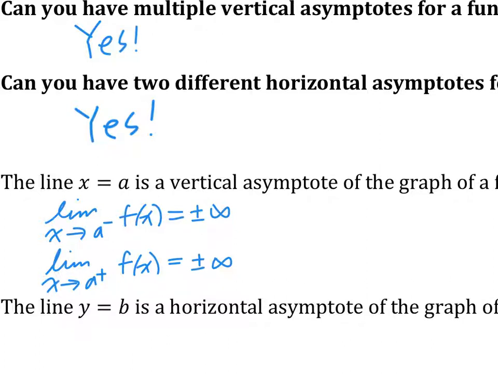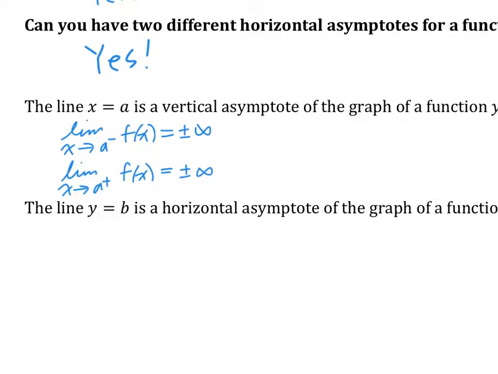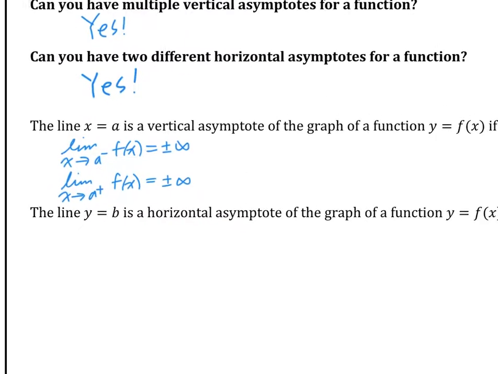So that's yesterday. Today, we are going to talk about horizontal asymptotes. What happens when x is going to positive or negative infinity? So we're doing the opposite. Now we're looking at y, meaning the horizontal asymptote. The line y equals b is a horizontal asymptote of the graph of a function f of x if either